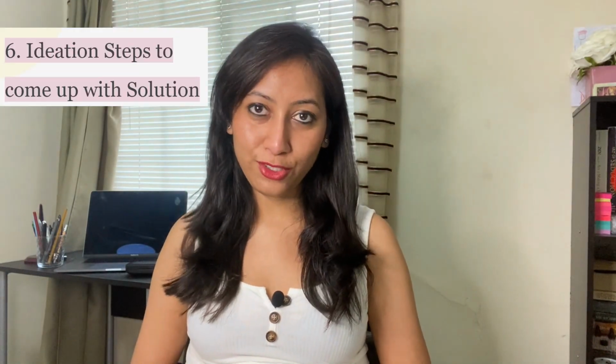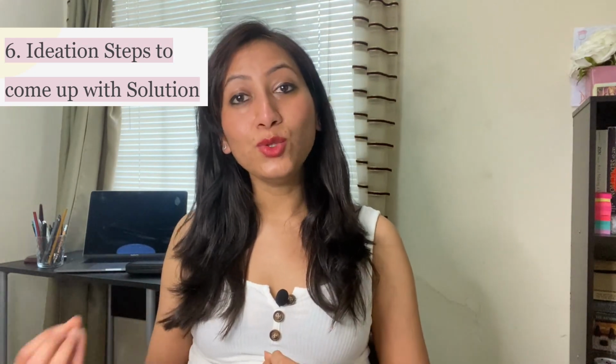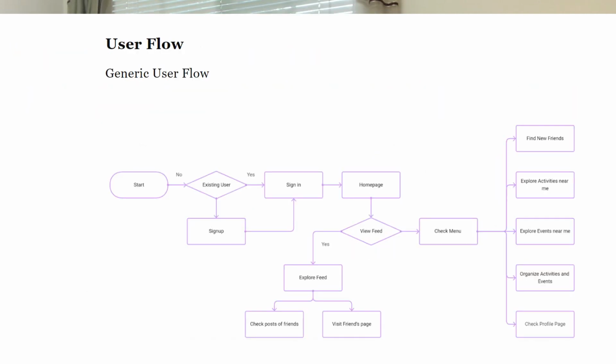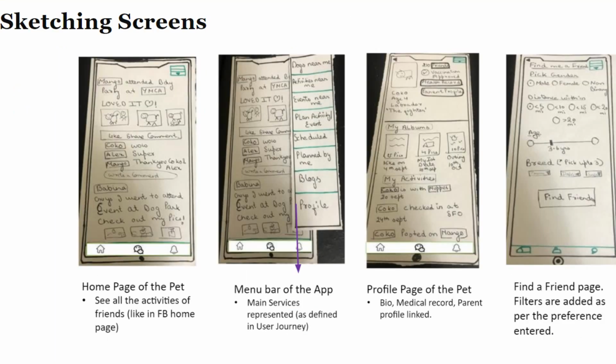In the next section, you are going to include all the steps that you took in order to come up with the solution. Basically, you make use of various UX design tools and techniques in order to arrive at that solution. So include all the design artifacts that you used to come up with the solution. This section is going to be the longest as well. Basically, you demonstrate how you combined the project requirements with user insights to come up with the proposed solution. Also, you don't have to include every individual sketch, but maybe a photo of a range of ideas on the whiteboard or on paper would be okay.